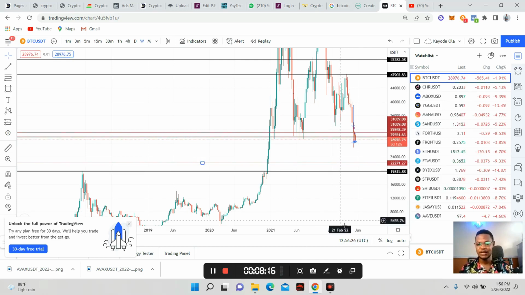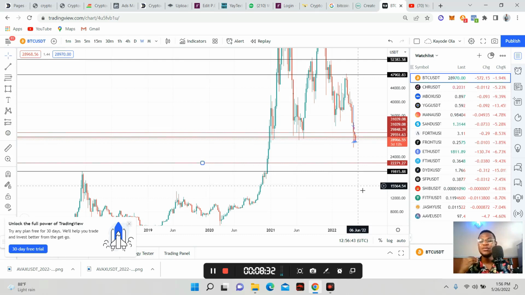This will be the end of what I want to show you, and I hope you have learned that this is just the simple way of trading the bear market to make money. People are afraid right now, everyone is afraid of the bear market, but I must tell you the truth: this is the best time you can make money, because the bull market will eventually come again. Let nobody deceive you that Bitcoin is going to zero. Bitcoin is not dead, and it's not going to die. Don't let anybody deceive you that it's going to zero.